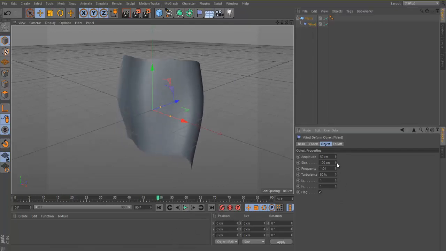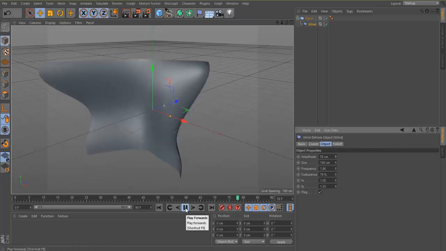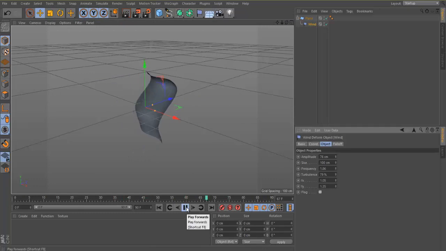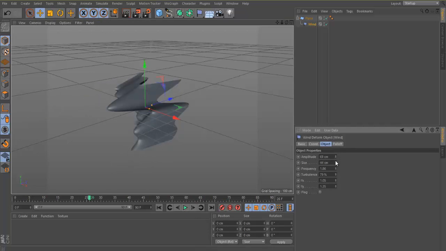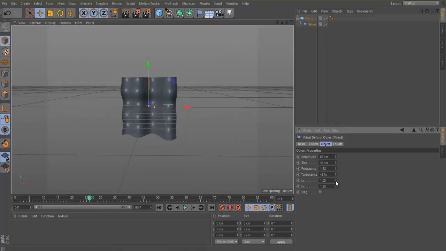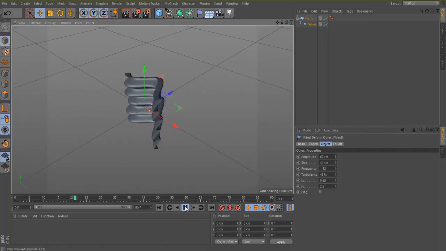You can change the frequency of this flag, a turbulence of this plane, fx for smoothness, fy like this. Now it's deforming like this. You can uncheck this flag option for more wavy effect like this. I can change the amplitude for more distortion, a size to create this kind of effect, frequencies, turbulence, and some fy and fx option to control the wind effect. You can see it's deforming in different manner like this.